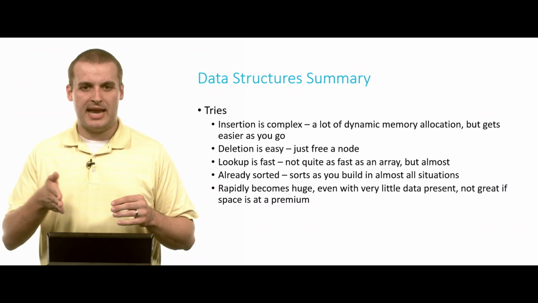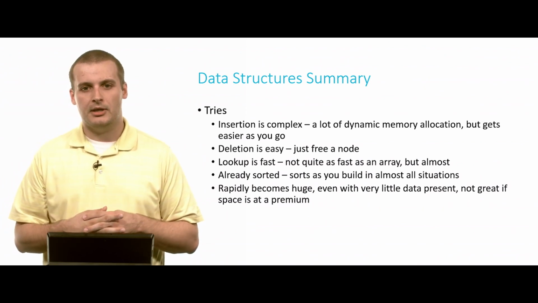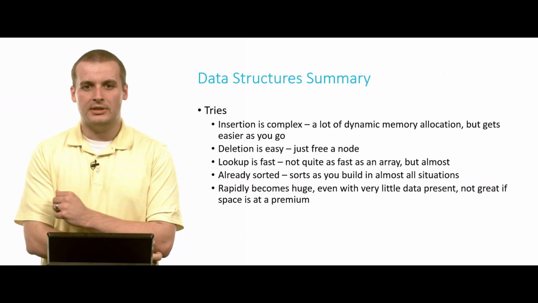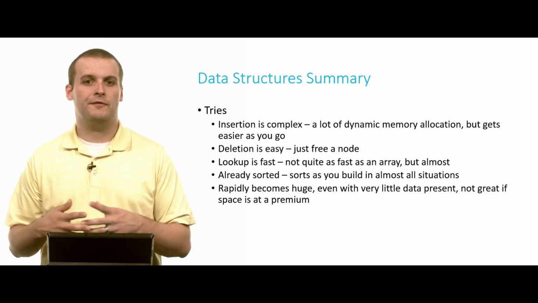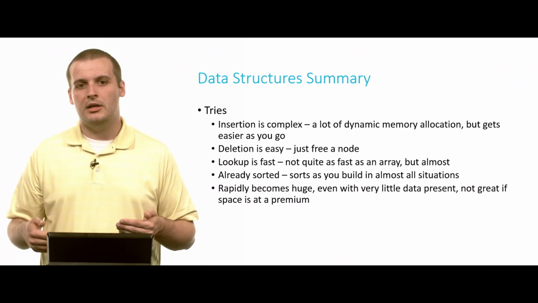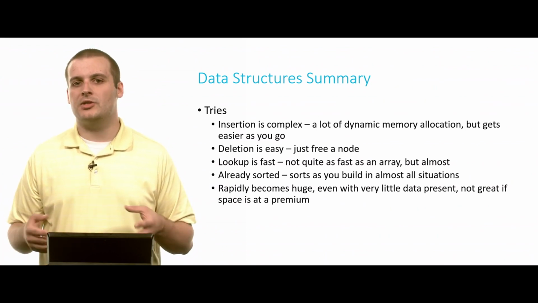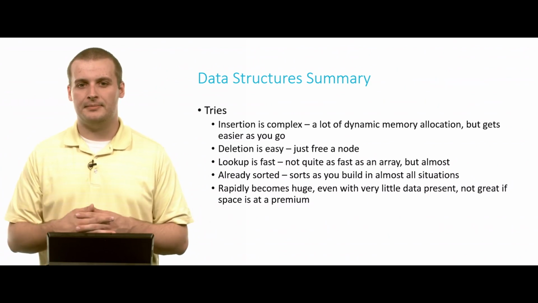Deletion is easy. All you need to do is navigate down a couple of pointers and free the node, so that's pretty good. Lookup is also pretty fast. It's only based on the length of your data. So if all of your data is 5-character strings, for example, you're storing 5-character strings in your trie, it only takes 5 steps to find what you're looking for. 5 is just a constant factor. So again, insertion, deletion, and lookup here are all constant time, effectively.